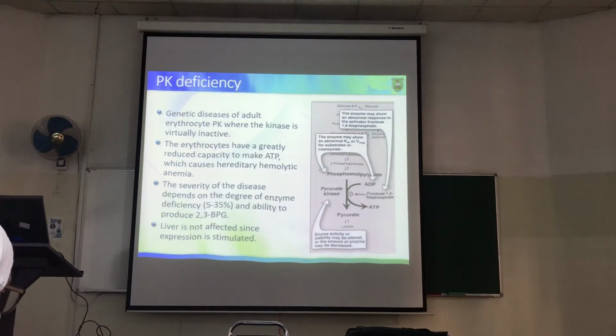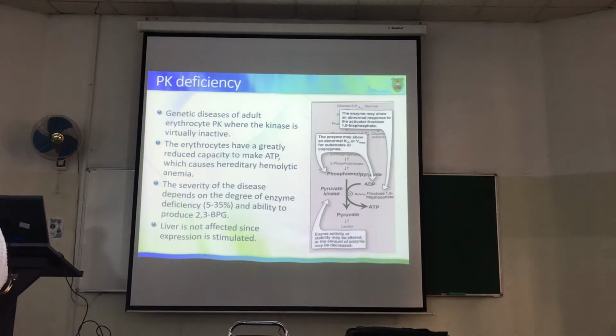And there are different types of mutations in pyruvate kinase. You can have mutations that can affect binding to the regulator, to the activator, the fructose 1,6-bisphosphate. So it's not activated as much. So you have slower reaction as a result of that. You can have mutations in the enzyme so that the Km would be affected, the Vmax would be affected as well, or the velocity would be affected. The enzyme is not as efficient as the normal enzyme.